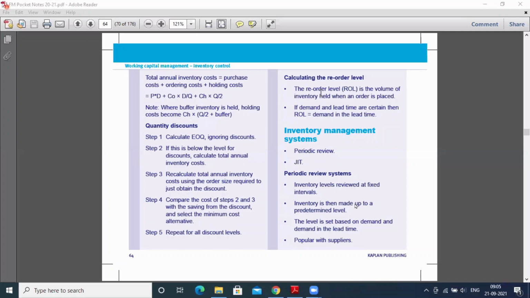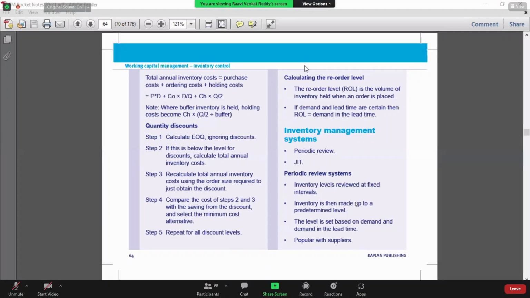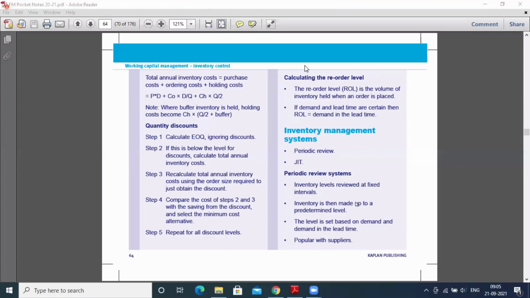Whenever you are going with the annual inventory cost and a discount, as I mentioned earlier, the supplier might provide a certain discount if you purchase the goods in bulk. Suppose, let me give an example. Your EOQ is, let us assume, 10,000 units. It means whenever you place a new order, you need to place it for 10,000 units. And the supplier gave a discount. Suppose if you make an order of more than 20,000, he will be giving a discount of, let us assume, 2%. Now, in this case, we need to make the decision, whether we need to go with the discount or whether we need to stick with the EOQ.